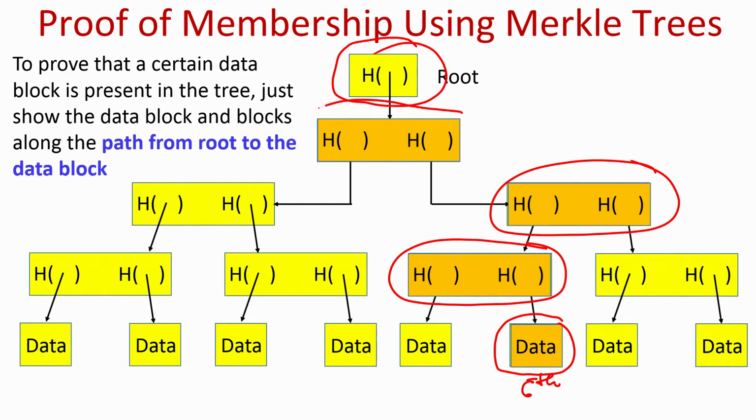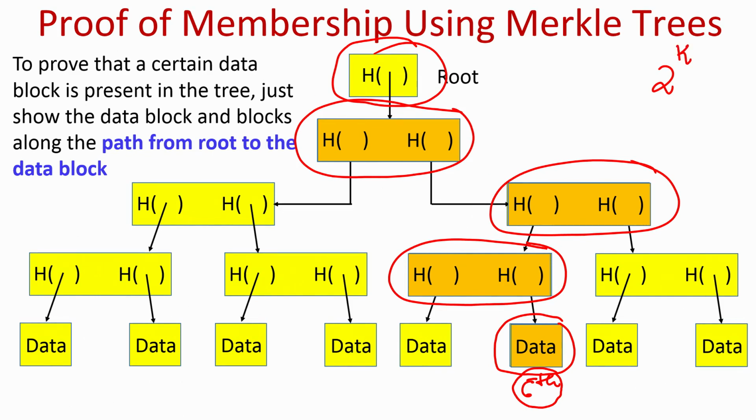And these highlighted values suffice for me to recompute the root of the original tree, and by recomputing the root I can compare it with the root value that I have stored with me. Assuming finding collisions in the hash functions is difficult, with very high probability it is ensured that the so-called sixth block that the person has given to me is indeed the correct sixth block which was present in the original Merkle tree. So, you can see that the number of values that the person has to give me to prove that he is supplying the correct ith block is not of order 2 to the power k.